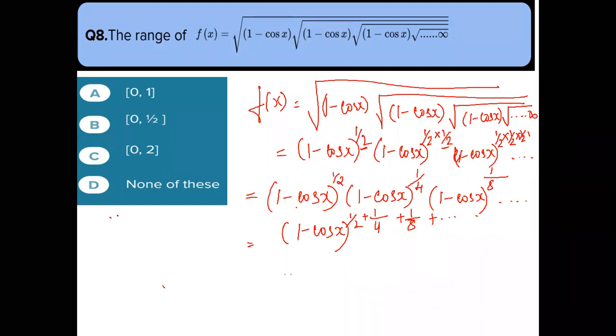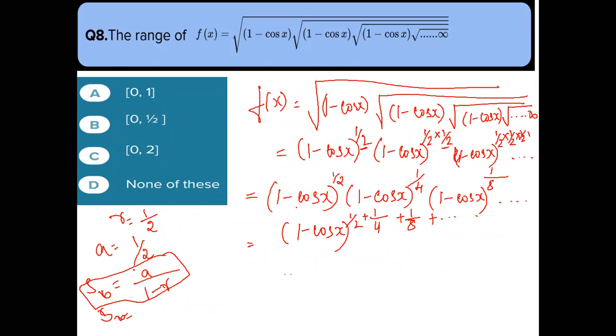Common ratio is half. R is equal to half. And what is the first term? First term is equal to 1 by 2. Since this is a GP series and you have to find the sum to infinity, S infinity, what is the formula? A divided by 1 minus R. So you have A, you have R. What is S infinity? The formula is A divided by 1 minus R. All these things we had studied in our first PUC.